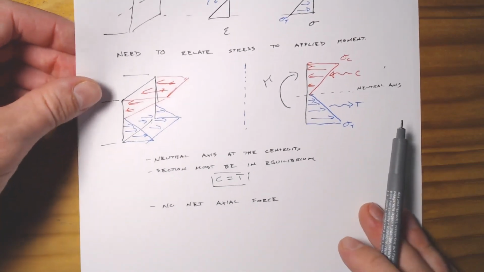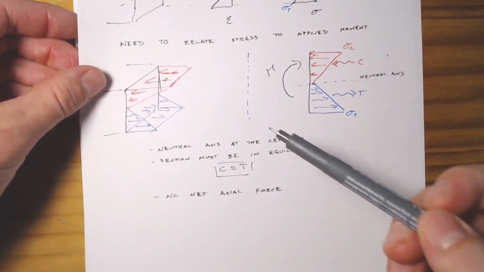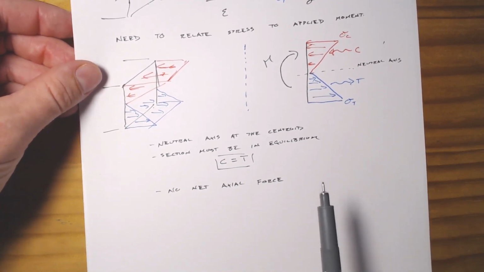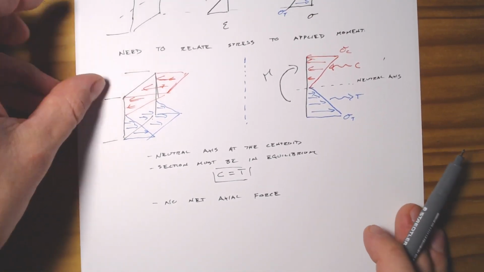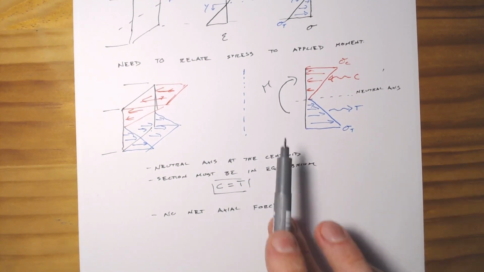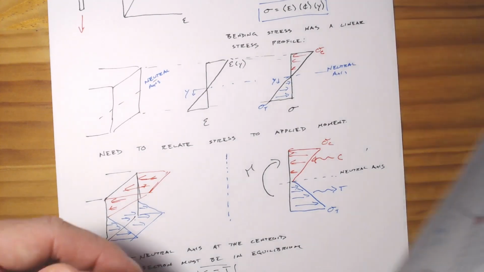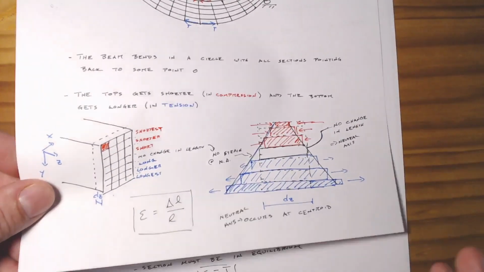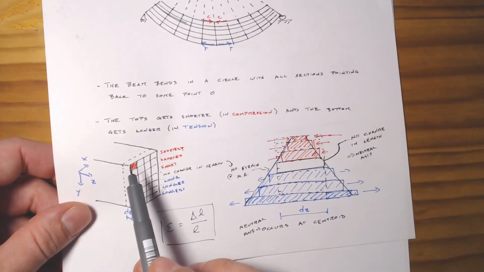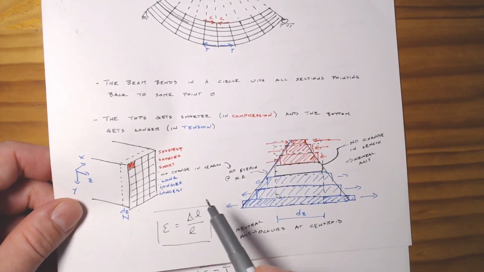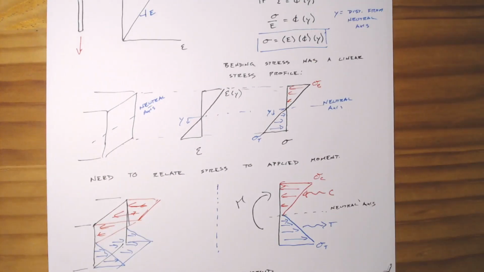So if we have this, again, now we've set up kind of all the pieces, and what I'm going to do is draw another little diagram, and we're going to think about what this stress is and how it relates back to moments. We're going to go with a similar diagram to this, where we look at just one little section and how this affects across the entire cross-section. So effectively, we're going to do a little bit of calculus. All right, so in order to get here with no net axial force,